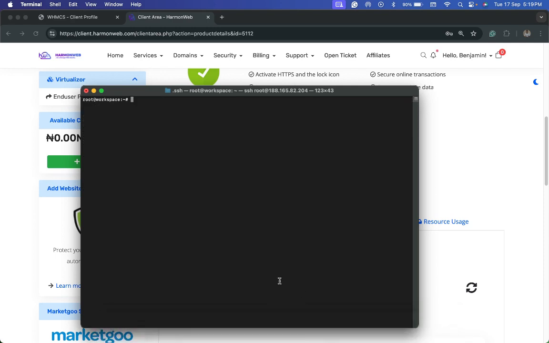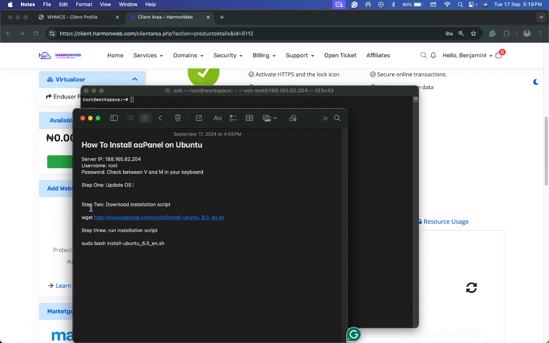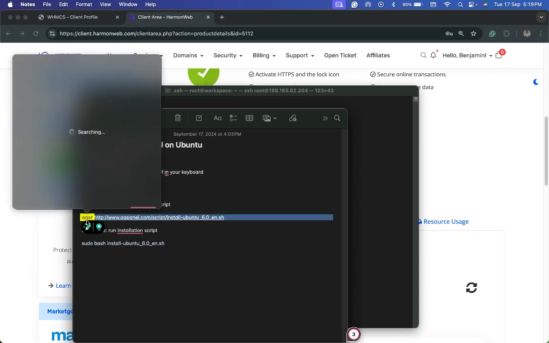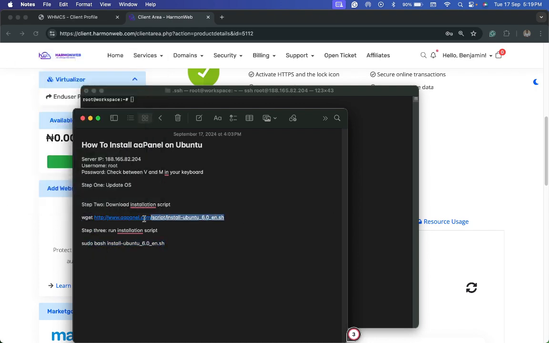And then the next thing I want to do is download the aaPanel installation script. I already have a guide there. I'm just going to copy this command. I'm going to put this command in the video description, so you can just copy and use. So there are basically two commands you're going to be running: this one to download the installation script, and the bash command to run the installation script. So let me copy this and paste on our terminal